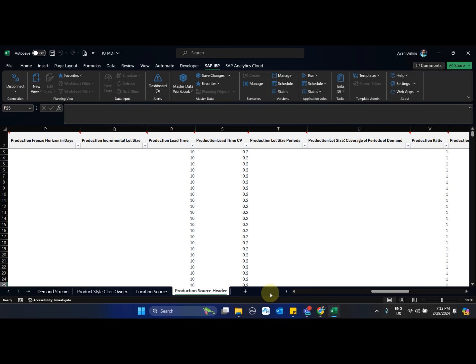So this is how the three primary lead times, that is the demand variability, the lead time variability and the production lead time variability, these three variabilities can be generated, and these three are then used as an input in IO in order to determine the right safety stock at a product location combination at a weekly or at a monthly level.